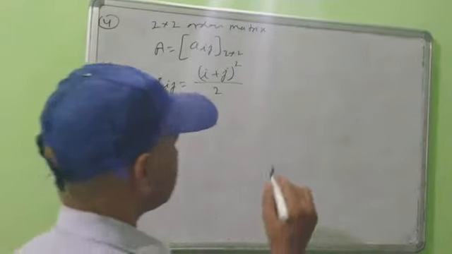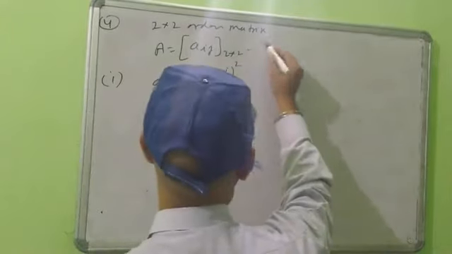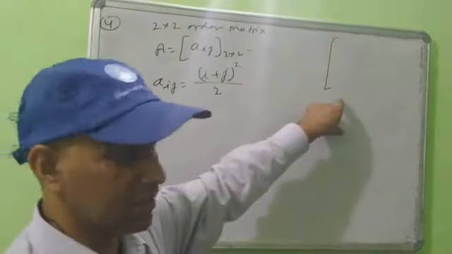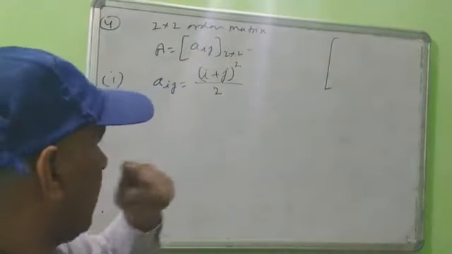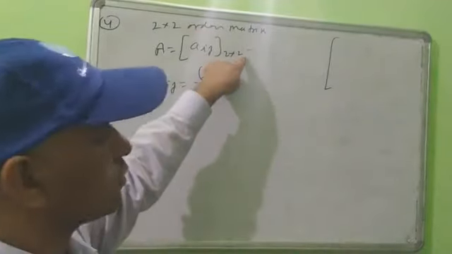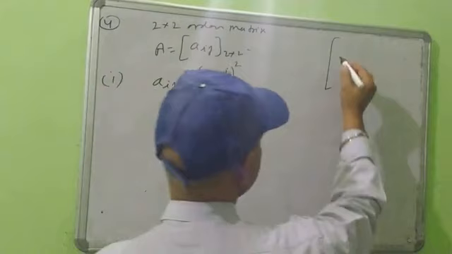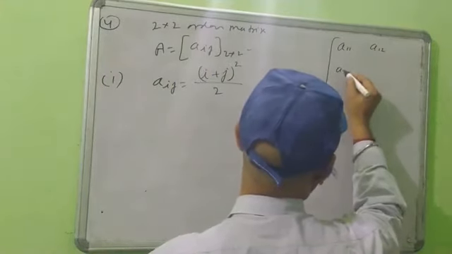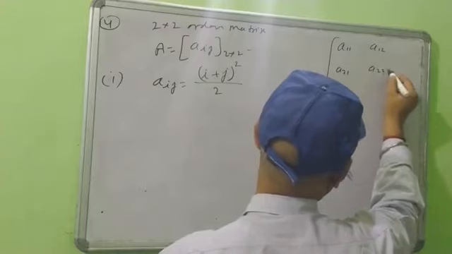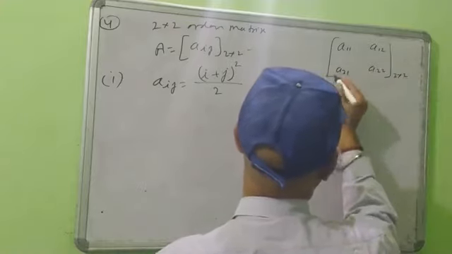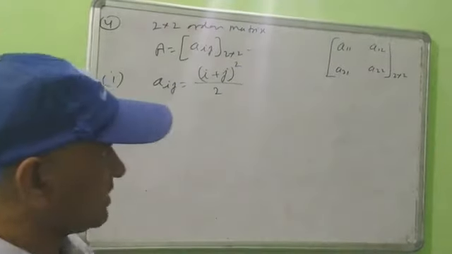So now first discuss here. Suppose this matrix in rough figure. This one is a rough figure, this is not the fair matrix. I will construct here a 2 into 2 order matrix. So first we will make a rough figure here: 1 1, 1 2, 2 1 and 2 2. This matrix is a 2 into 2 order. This is the rough matrix.